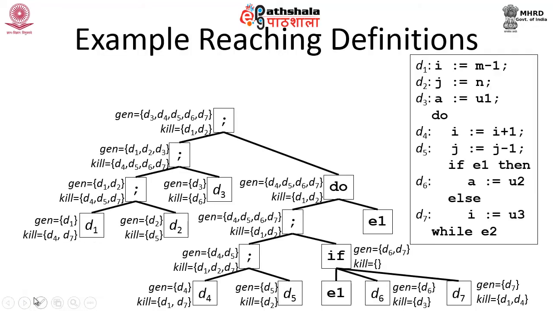We will first construct a parse tree, and the parse tree will be: statement 1 followed by statement 2 followed by statement 3 followed by statement 4. So, I have four statements. Now, the fourth statement is actually a do while. Since I have four statements, this is the first statement, second, third, end of third rather, and this is the fourth statement. First statement and second are joined together as S1 semicolon S2, that will be your overall S, and that S was appended with another S to get your third statement, that is appended with the fourth statement to get this block, but this is nothing but a do while.